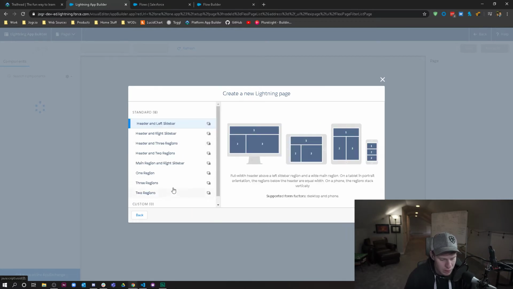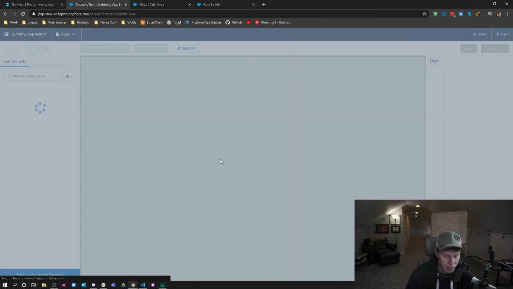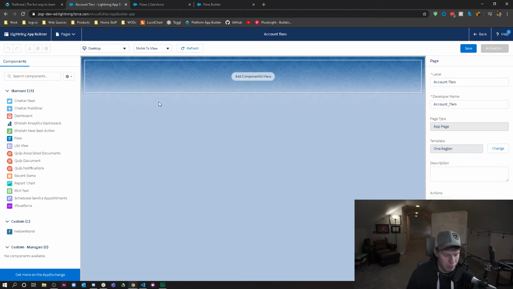Label. We only need one region. The reason being is because we're going to build a custom Lightning component that does this, sort of is the UI of it, but we only really need one region for that. I'm gonna hit finish. But what's really cool, and this is where I wanted to get to before we start building a custom Lightning component, is that if you notice,